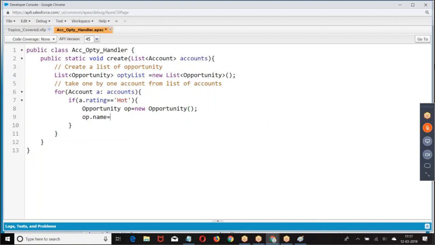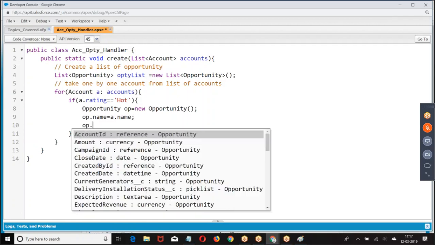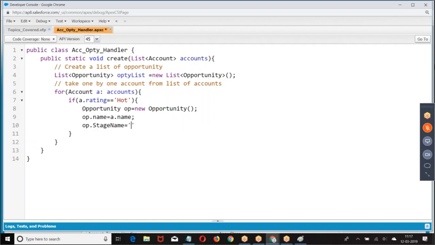Opportunity.Name equal to A.Name, opportunity.StageName equal to, opportunity.CloseDate equal to, and opportunity.AccountId equal to the ID of the account.